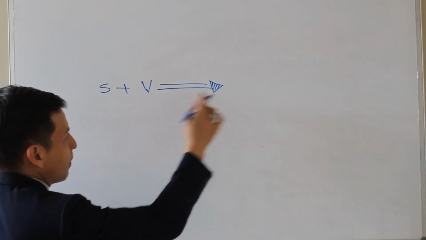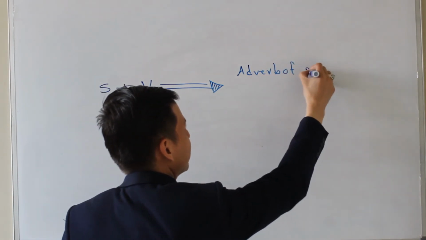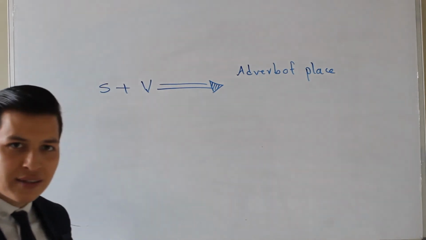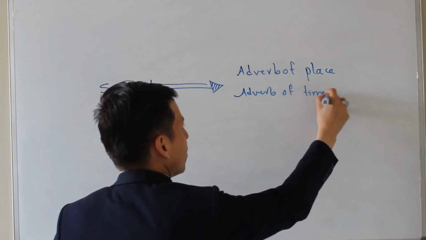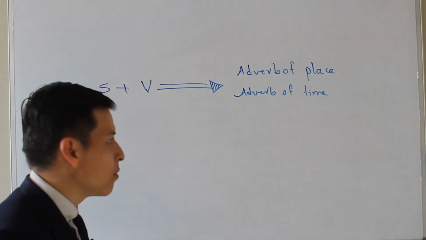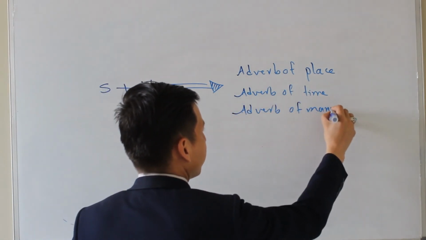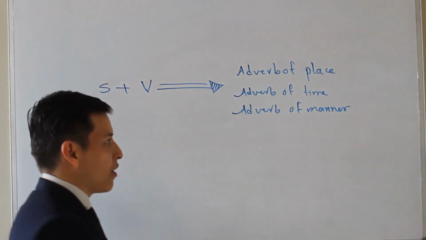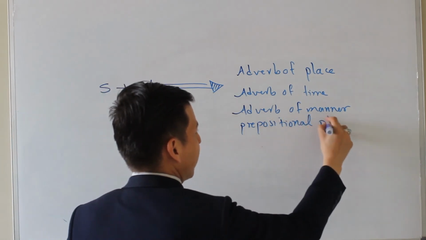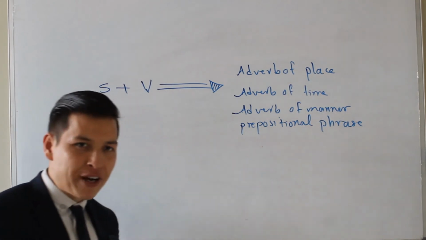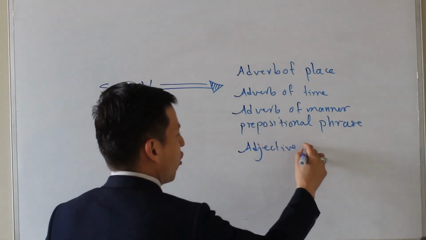If you have subject plus verb plus, number 1, an adverb of place, adverb of time or time expression, adverb of manner, a preposition or prepositional phrase, and finally an adjective of quality,